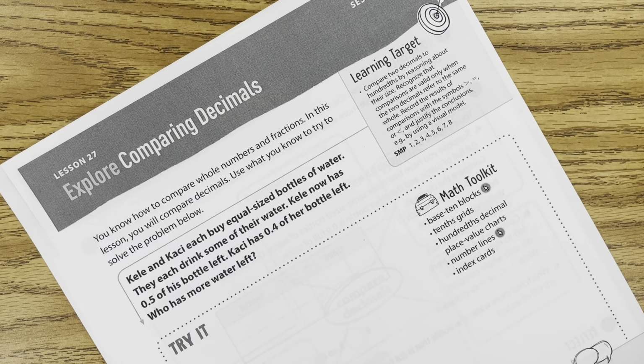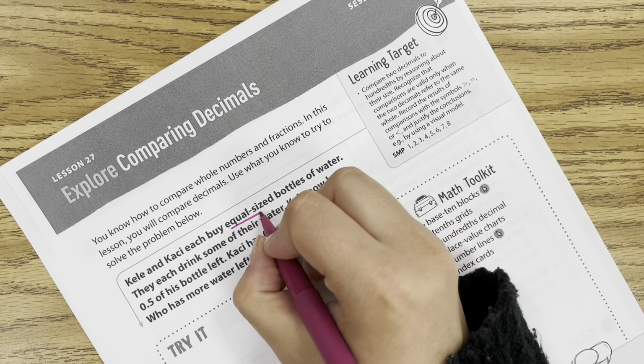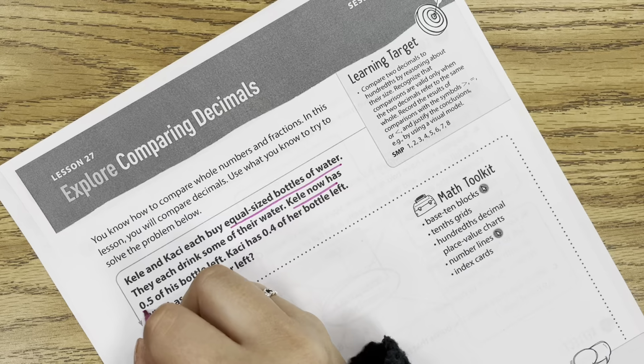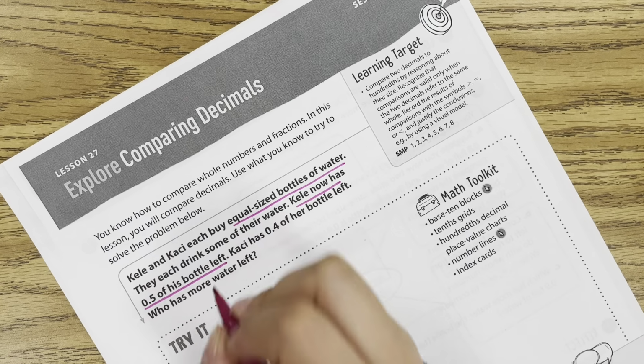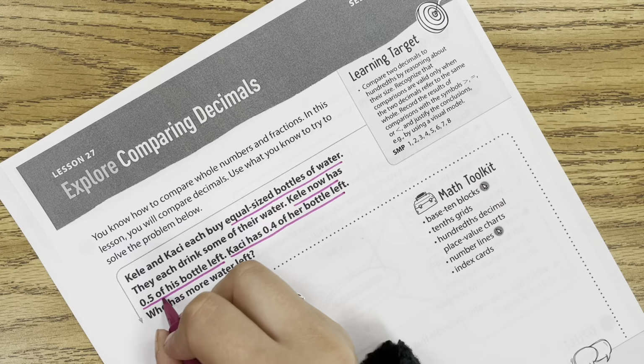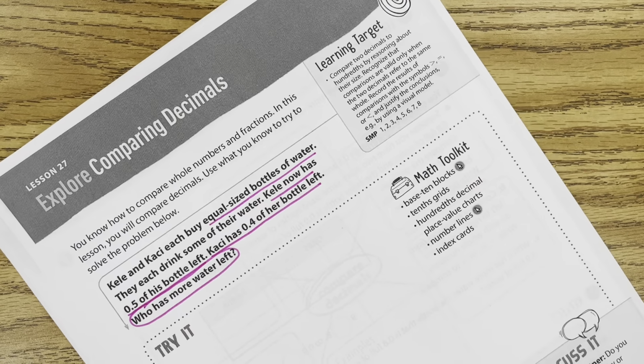So first we're going to go in and underline our important information. They start with equal-sized bottles of water. And then Kelly now has 0 and 5/10 of his water bottle left. Casey has 0 and 4/10 of her water bottle left. Who has more water left? Okay? So,